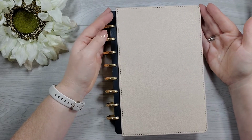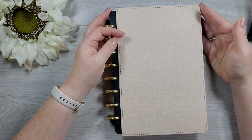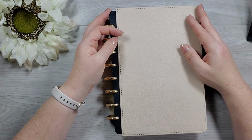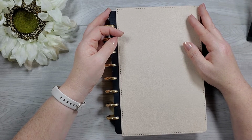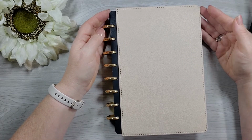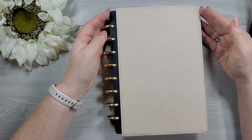This is my current planner. I did give a flip through of it in my last video, which was what's in my planner pouch. So if you want to check that full setup out, then you can see it there. Today, we are going to set things up for October, and we're going to kind of start from the ground